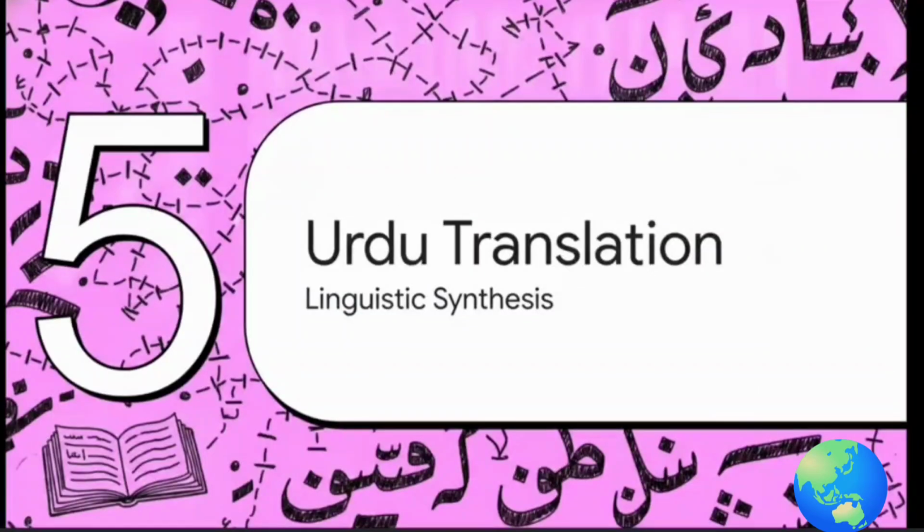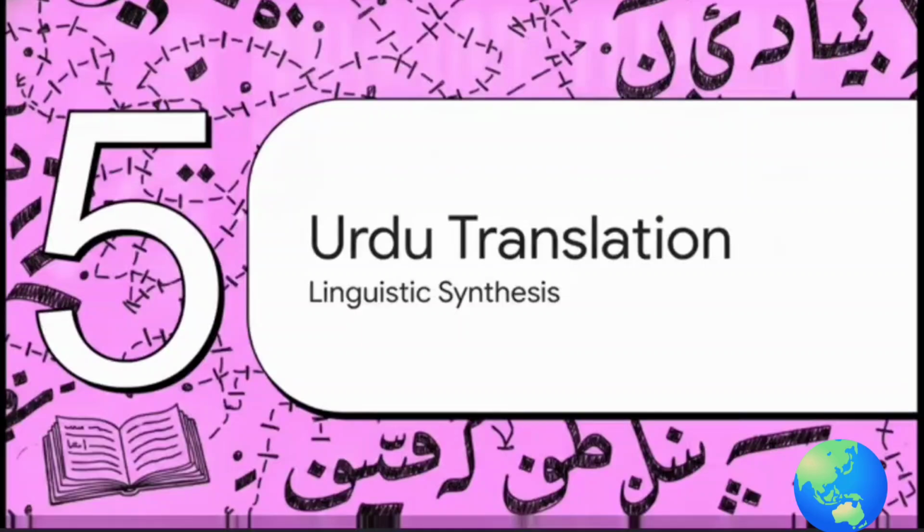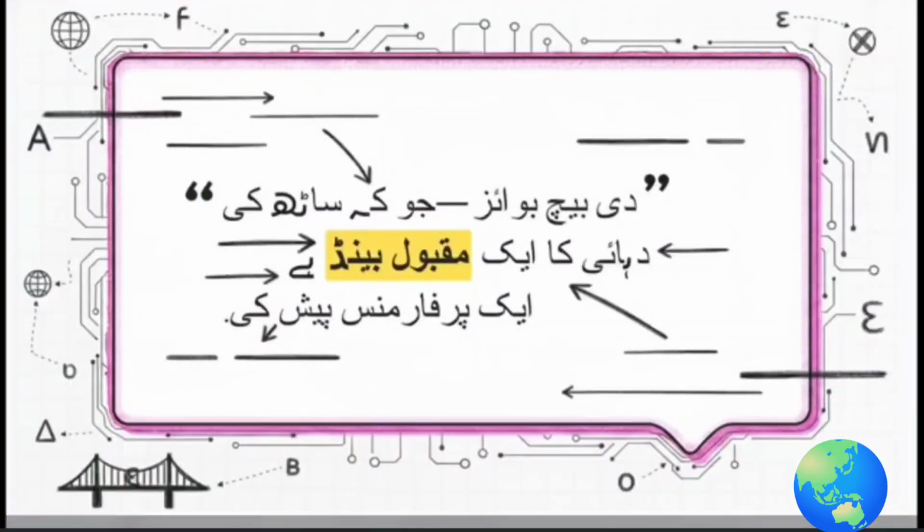And finally, Part 5, Academic Urdu Translation, Cross-Linguistic Synthesis. Here, in the Urdu translation of our Beach Boys sentence, we can visibly see the physical dash, the khat-e-tafkir, doing exactly the same work it did in English. Even though the script is moving from right to left, the dash powerfully retains its mechanical function. It visually isolates the appositive phrase within the Urdu text. It just goes to show, the grammar of separation completely transcends the alphabet.